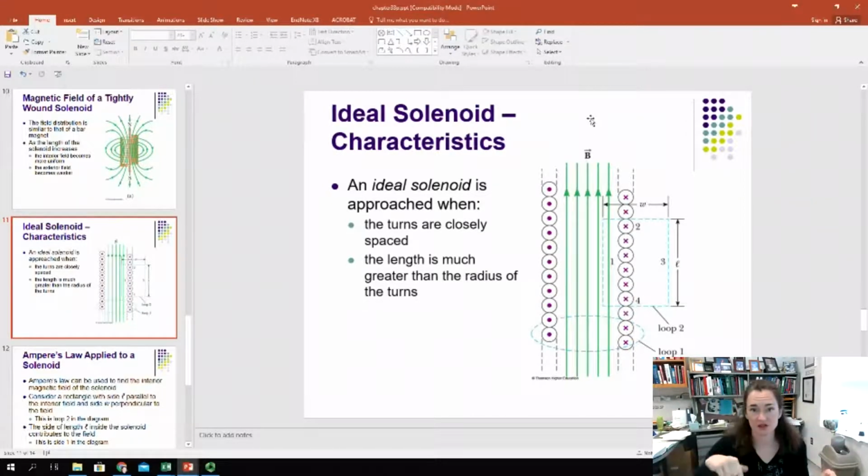But inside the solenoid, you're looking down on it, it's coming up at you, and it's strong and uniform. So it's basically a bunch of stacked loops. Here we have our magnetic field, and it's more or less straight, more or less uniform, and very strong. Now let's apply Ampere's law to find the expression for the magnetic field on the interior